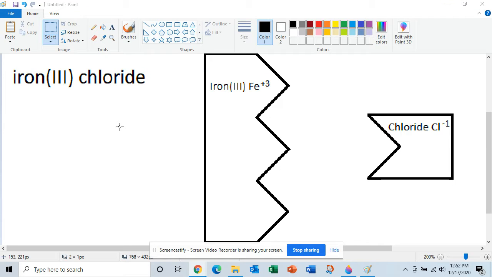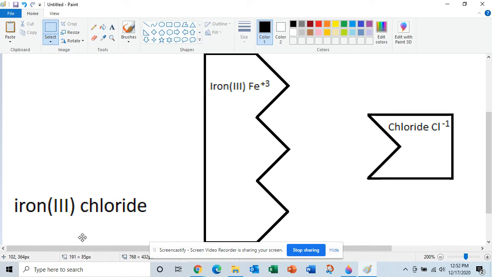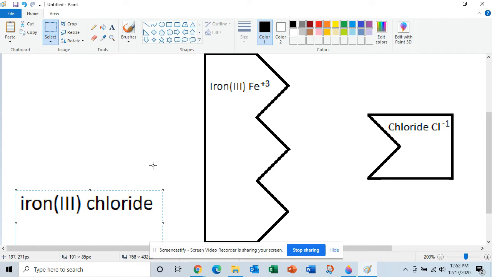Okay, just a little video here to help explain how to use these ion pieces. So let's say, for example, you are trying to find the formula for a compound with the name iron 3 chloride. Okay, so this is the compound we're trying to find the formula for. We have the name. So we're going to find the plus 3 ion, okay, which is this shape right here,